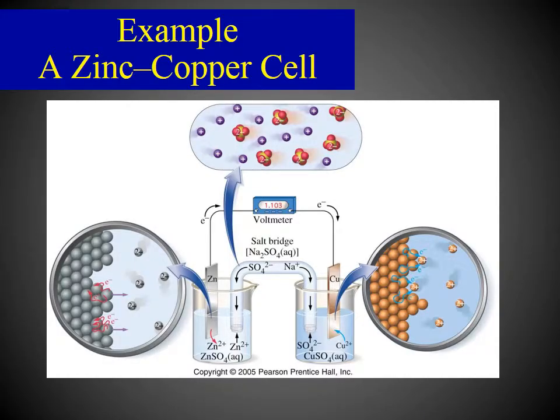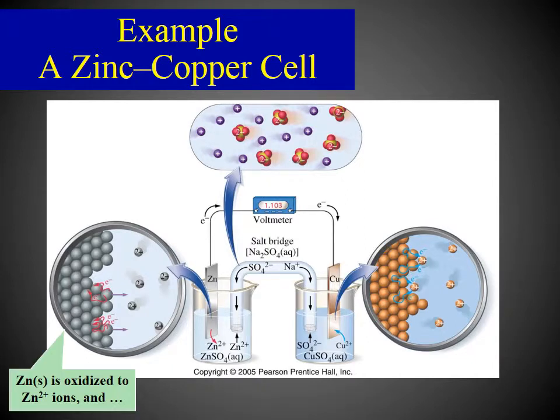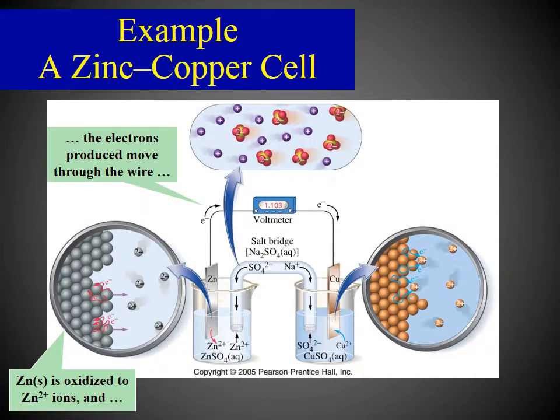Well, here is another example of a galvanic cell. This is a zinc copper cell. Notice that on the anode side we have a metal, zinc in this case, that is in a solution of zinc sulfate, and zinc is being oxidized to zinc 2, of course, and in doing so, the electrons that are released every time a zinc metal atom is converted to zinc 2 are moving through the wire, through the voltmeter,